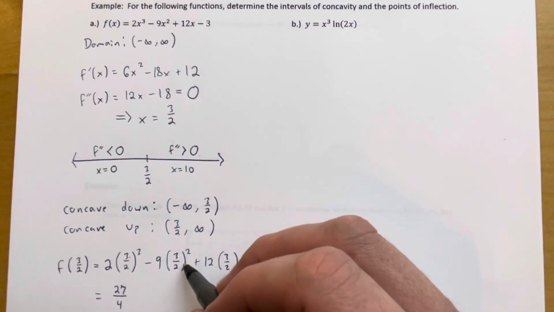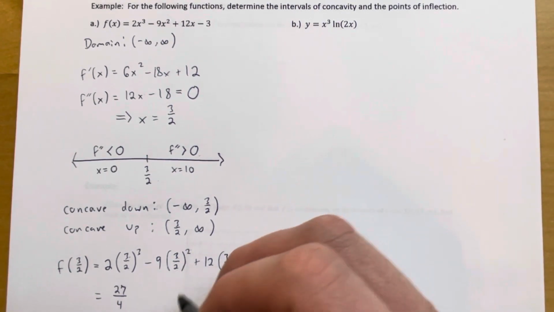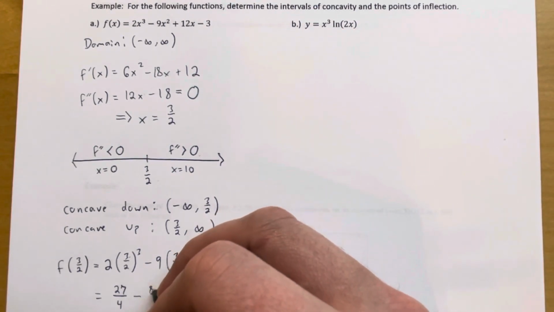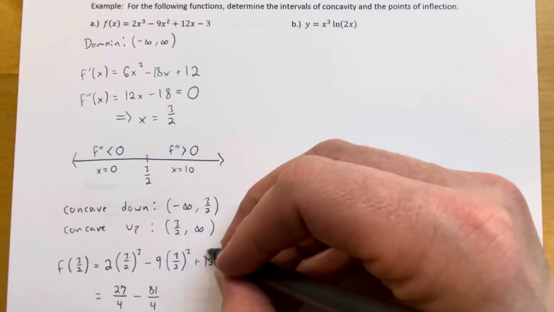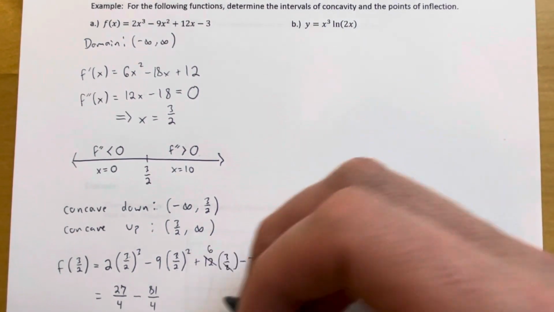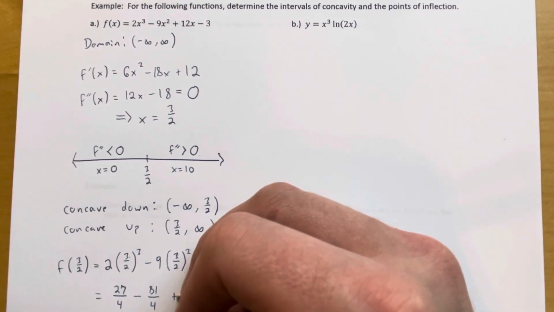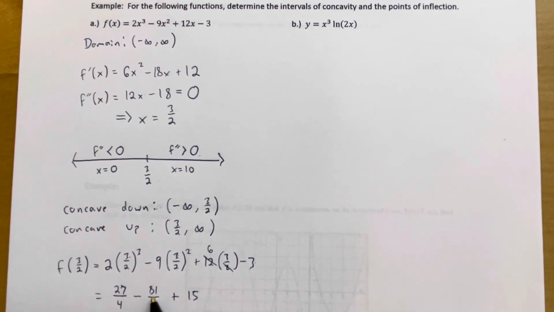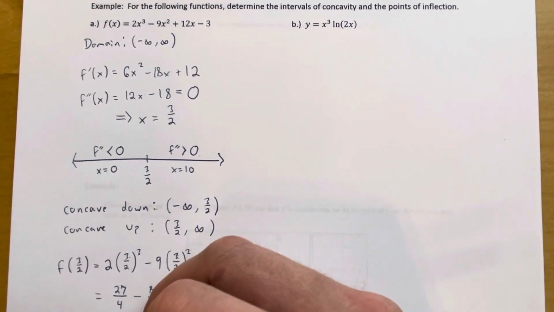Here, I'm going to have 3 squared, which is 9, over 2 squared, which is 4, times this 9, so that 9 times this 9 would be 81 over 4. Some cancellation happens here. I'm going to get a 6 times 3, which is 18, minus 3, that would be 15. So plus 15. And then let's see, 27 minus 81 is negative 54 over 4